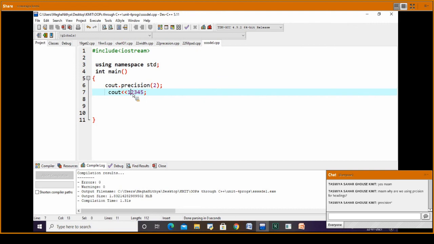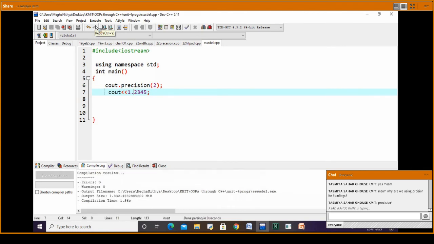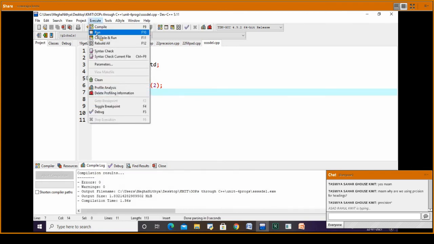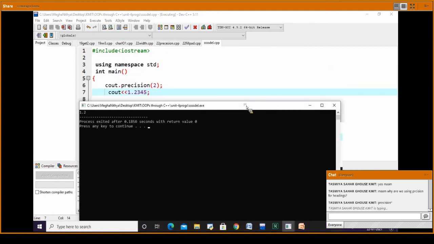Now, this precision works for floating points. I'm giving here 1.235. Now see, after the decimal point, how many did we get? 2. From this we got 1.2. Clear?